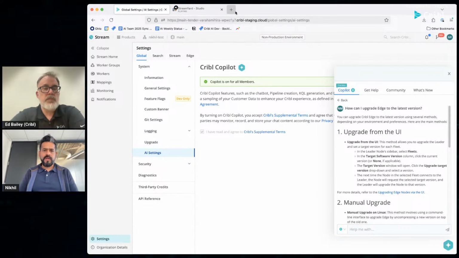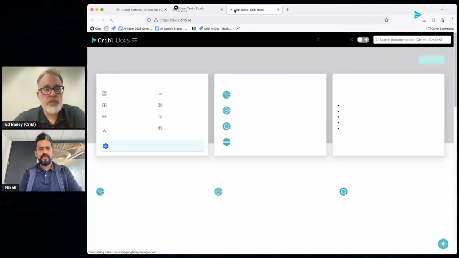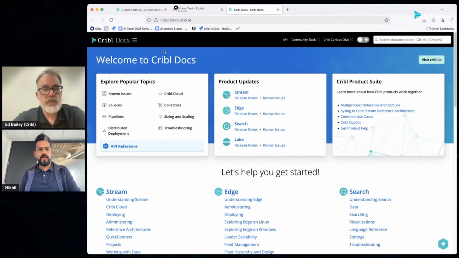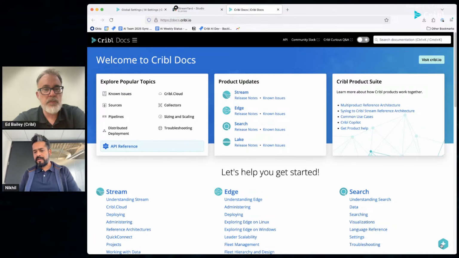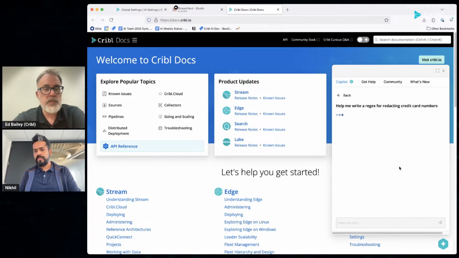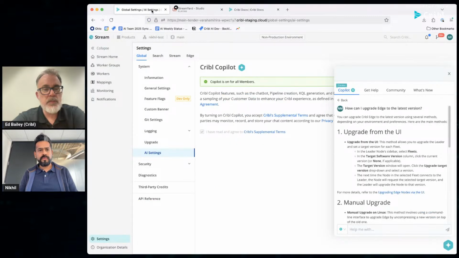And speaking of documentation, I'd also note that if you don't have a Cribl instance running, or you don't have AI enabled in your Cribl instance for some reason, you can just go into our docs website and use the same exact thing over here without even logging in or doing anything. So if you're worried about how to enable AI, or you need to talk to somebody to get that permission figured out, you don't really need to do that. That's really cool. Yeah. So this is a free-format, get-your-questions-answered kind of mode.